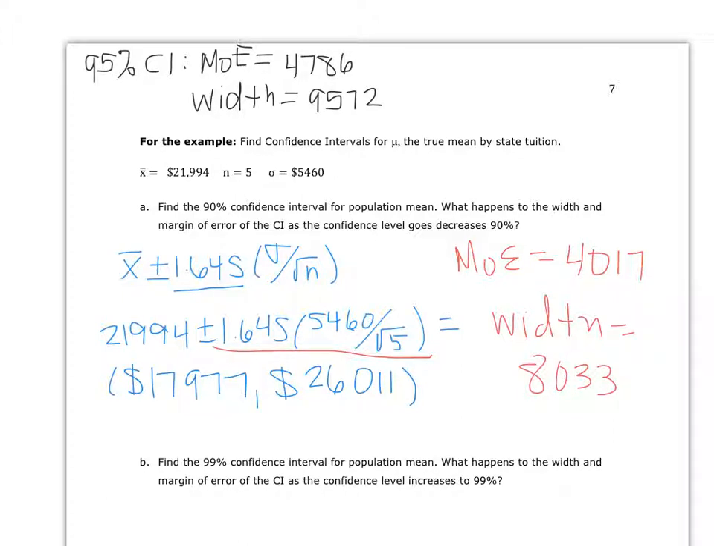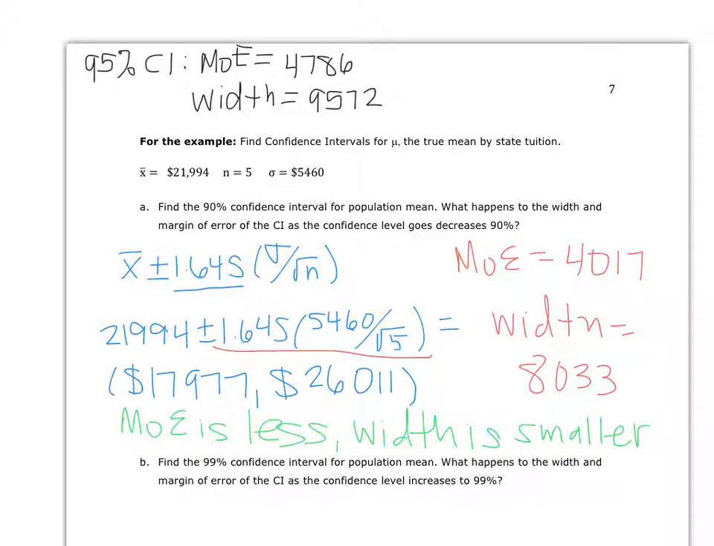Okay, now we want to compare those to the 95% confidence interval. The margin of error is less, so we're adding and subtracting less, so that means that the width is narrower or smaller. Okay, so we can see that as we are less confident, we're only 90% confident, what we gain is a narrower interval, okay? It's slightly more precise. All right, let's look at 99%